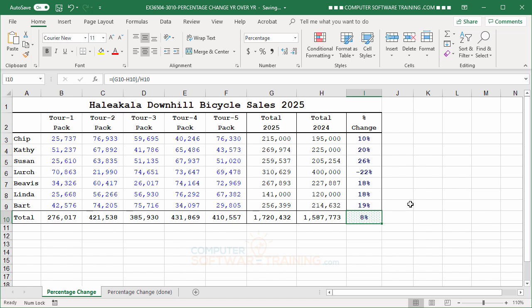So it's a nice, solid summarization of what's going on with your business when it comes to the reps in general. So hopefully this type of calculation will come in handy for what you're doing in some of your worksheets,